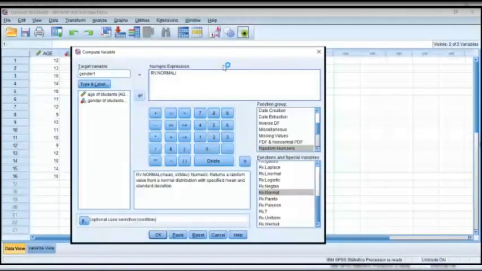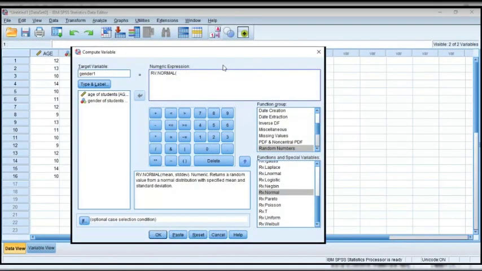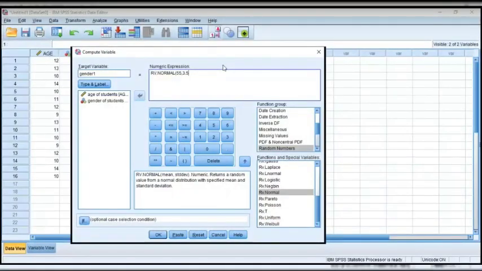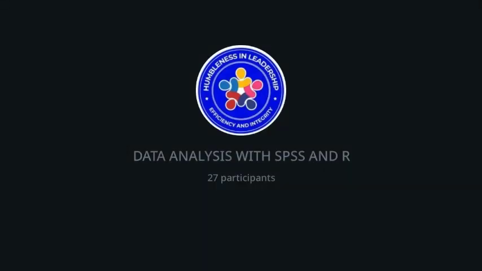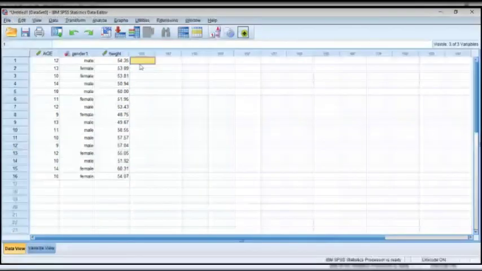Let's assume the mean of the height of those children is 55 centimeters and the standard deviation is, let's say, 3.5. Okay, I'm renaming this to height. Okay, we have the height of the children computed again, simulated randomly.